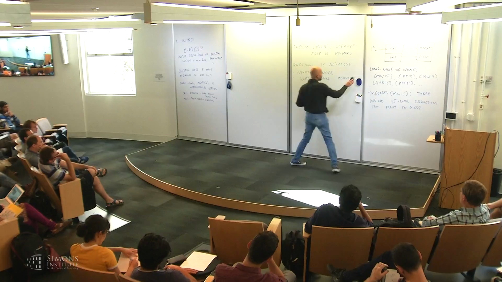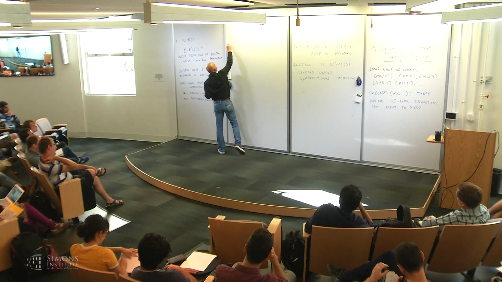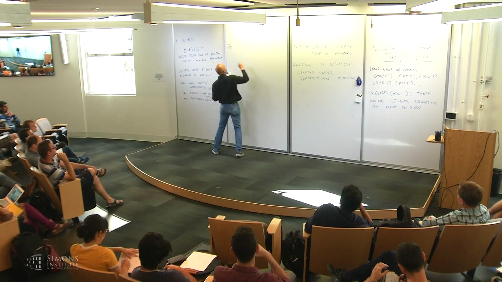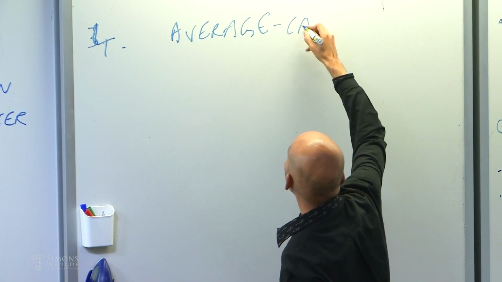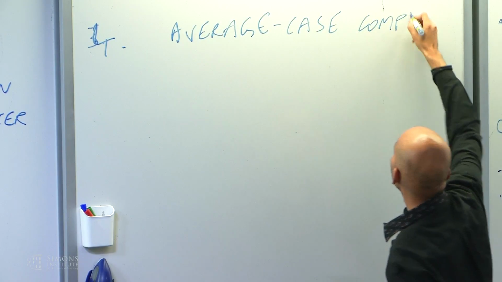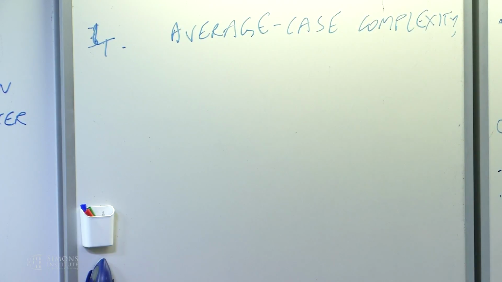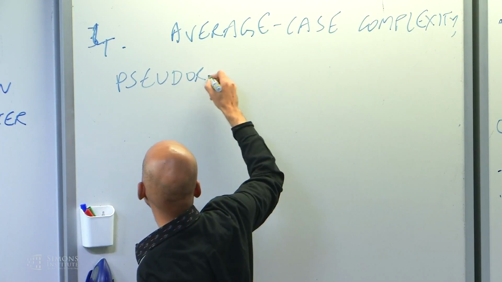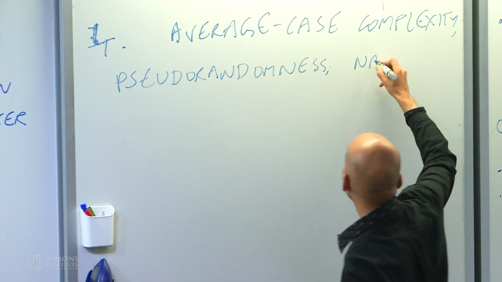Okay, so let's say this is section 3, or maybe that was section 3 already. Average case complexity. The work on whether MCSP is in polynomial time has also given us information about the average case hardness of MCSP, and I'll tell you what it means for MCSP to be average case hard. There are connections with pseudo-randomness, and the famous natural proofs paper of Razborov and Rudich.